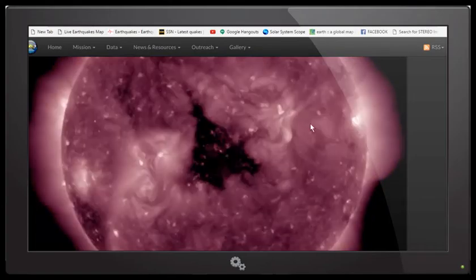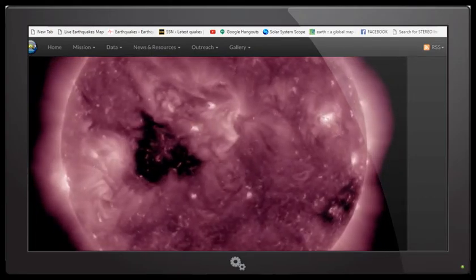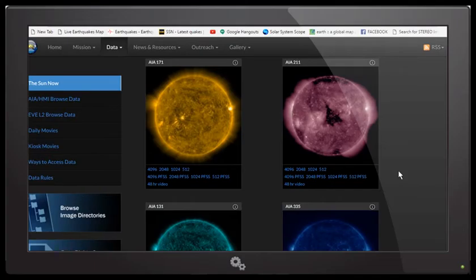Now, I'm going to give you a better view of it with this footage. And just so there's no mistake, I'm going to show you right here the SDO website. And this is for public use. Anybody can go here and you can check this information out for yourself. But we're going to use this pink purplish video because it will give you a better definition of this coronal hole that is turning towards Earth. Right below here is the last